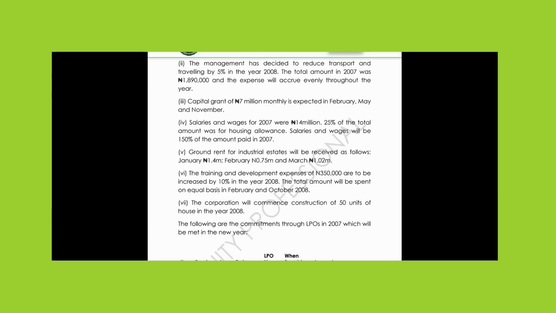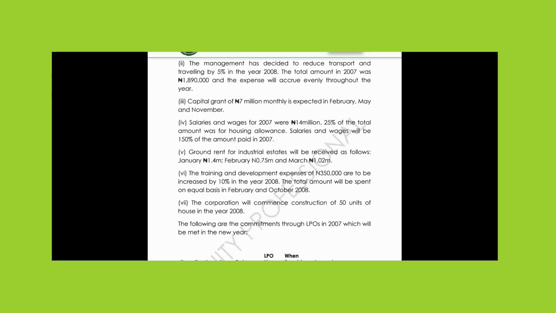Hello, sir, Mr. Isiaka. Hello, sir, Mr. Isiaka. What they said was, yeah, 25% is not part of salary. So that means salary and wages, the 25% of that 40 million. You know what? Housing allowance. So okay. I'm not sure if you can do 150. Hello, sir. One house. What is the issue? Hello, sir. From my own observation, good evening, sir. Yes, I can hear you. From my own observation,